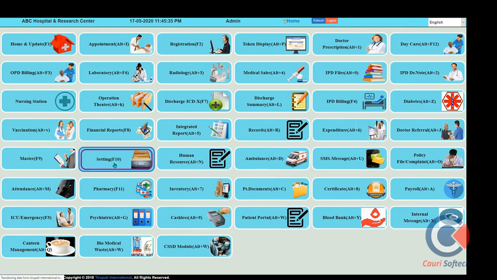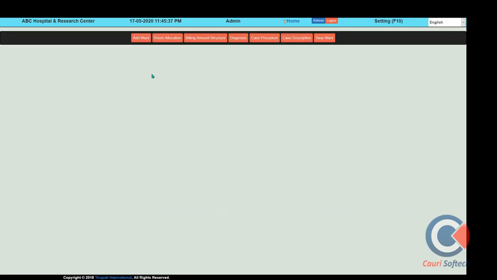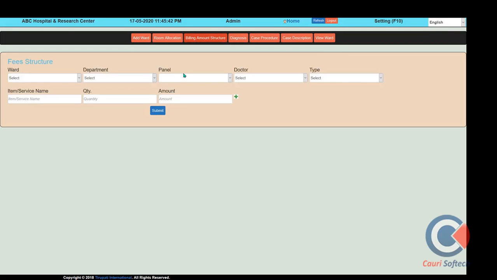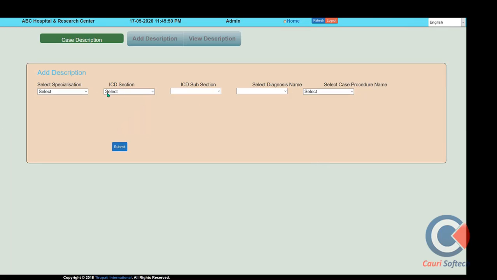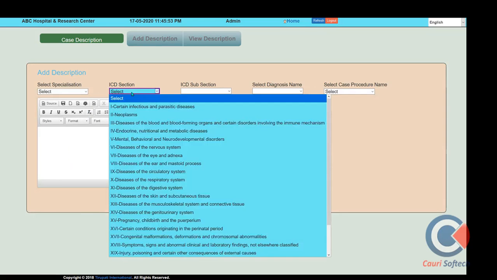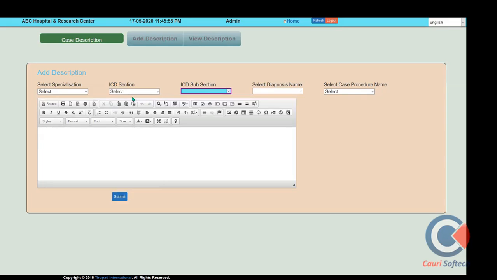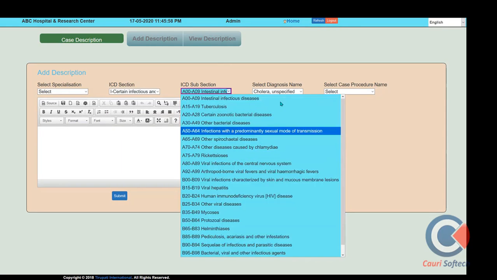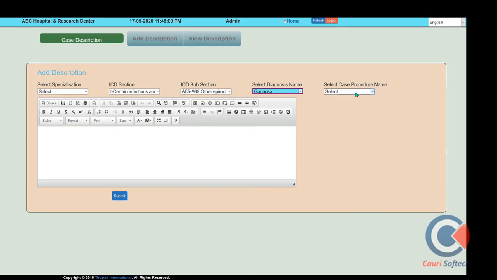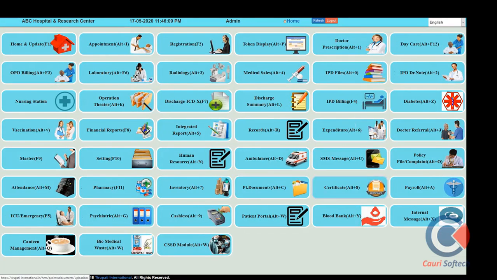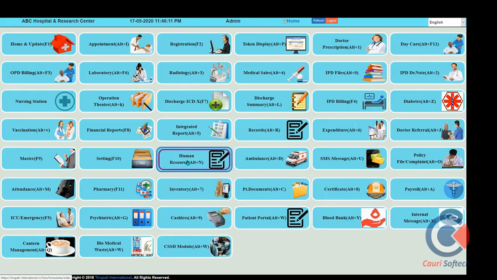In the setting section, whenever the software is delivered at the initial level, you create master wards, room allocation, and their bed amount structure from this section. If you want to create a discharge summary, the discharge summary format can be created from here. For different documents, you can apply these headings and get the record in the respective discharge summary, deciding what kind of data should appear, and in this way we can also create a discharge template.